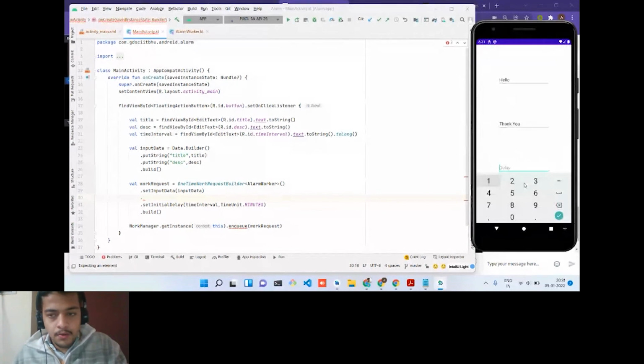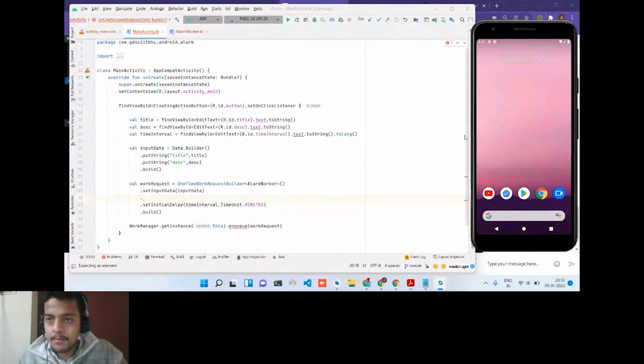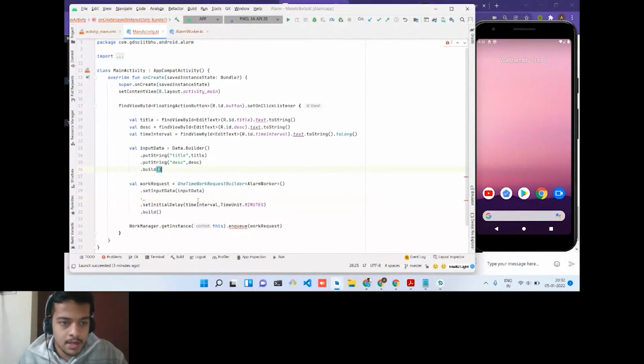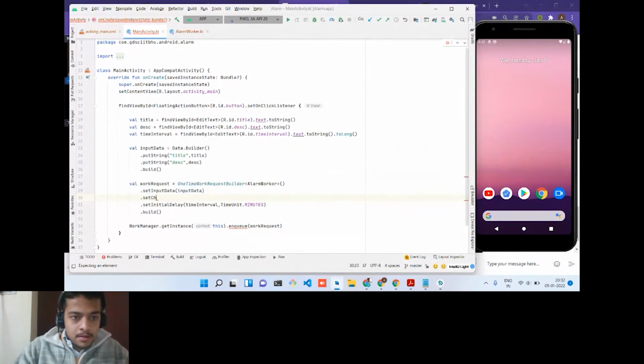I'll give it a delay of 2 minutes now. You can note the time. We started a bit after 8:31, so it will be a bit after 8:33 then. We can normally exit the app. I was telling that you can set some other constraints too. For example,